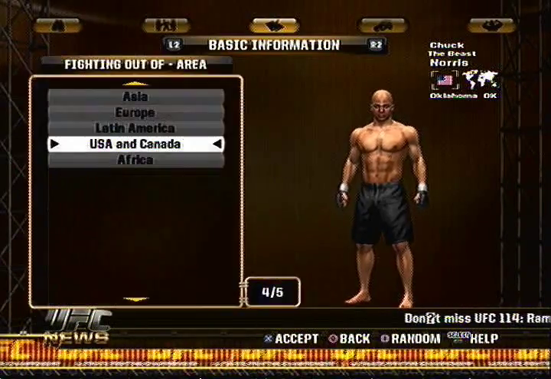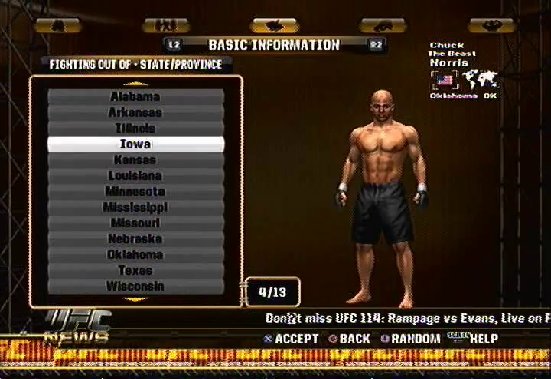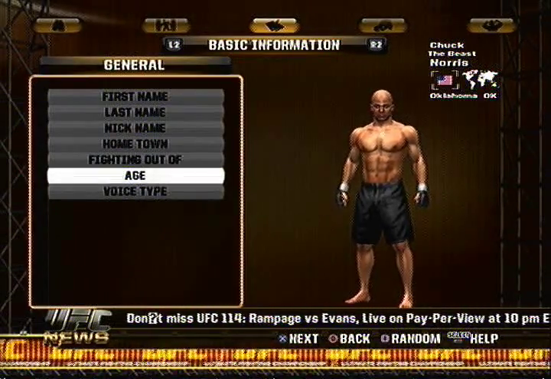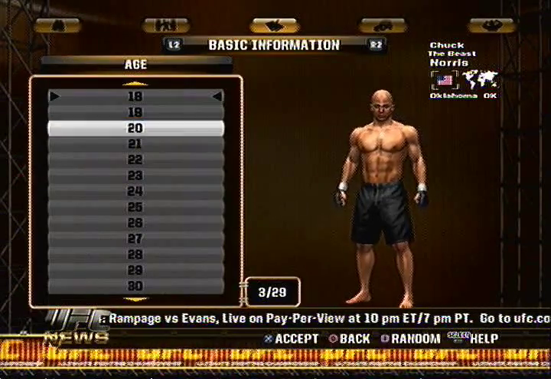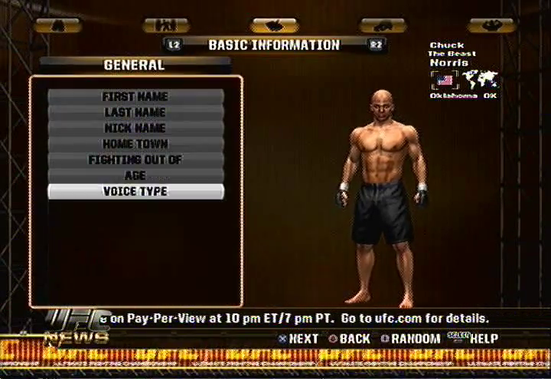Pretty sad. Oh well, Oklahoma's right above me. Anyway, so Oklahoma. Chuck Norris today, another fun fact, he's 70 years of age, so you can